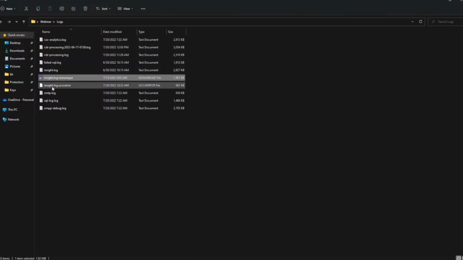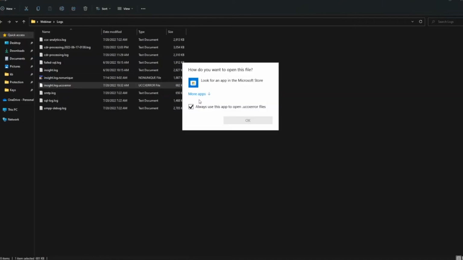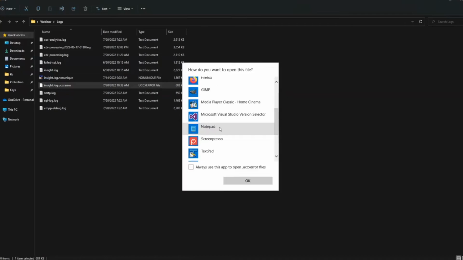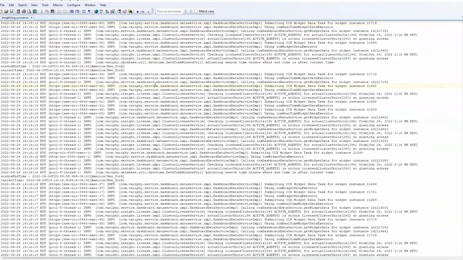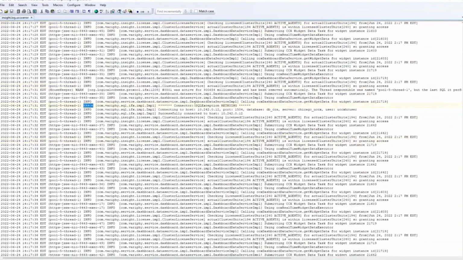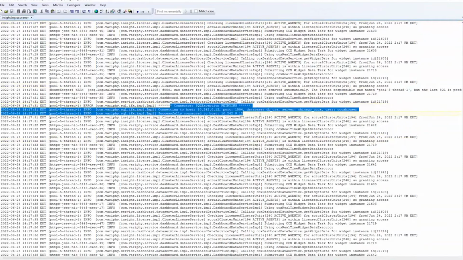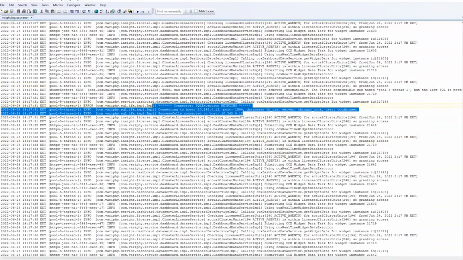One more. Let's go to open. There should be a UCCX error somewhere in this log. Same thing, this is the one with the SQL exception. So not all errors are very big. This one was just the one I mentioned earlier, where we couldn't connect to the publisher, and then it ended up failing over.